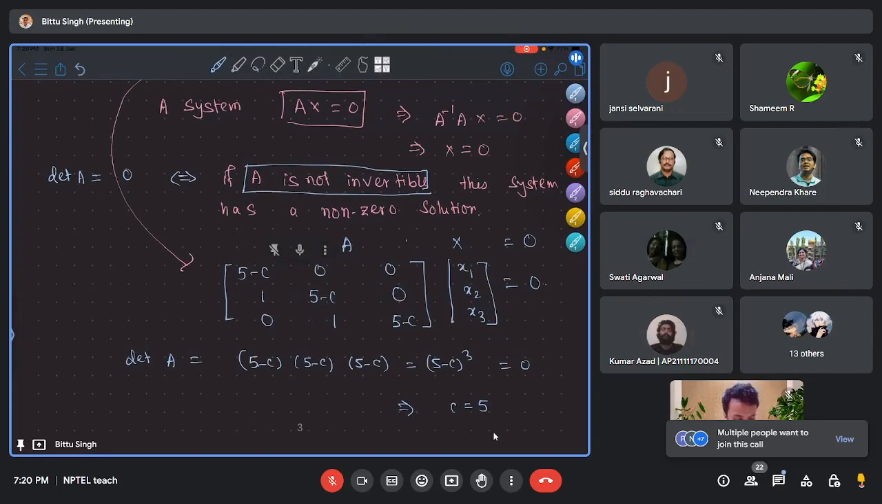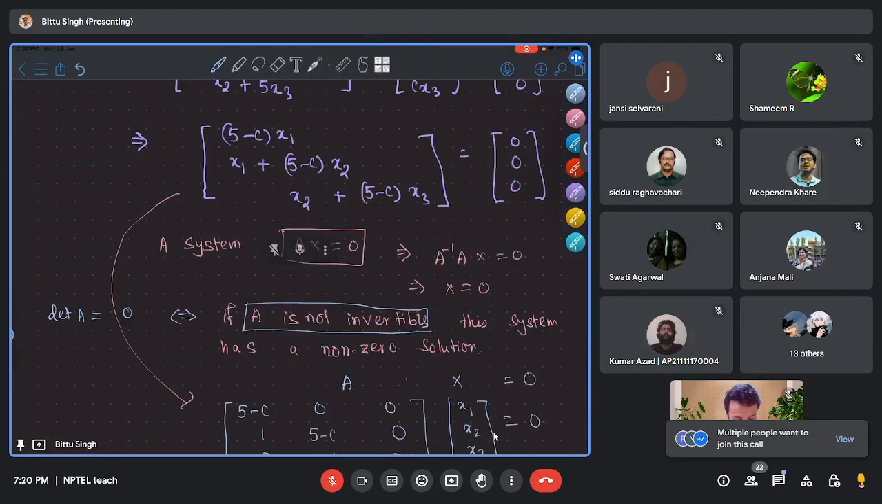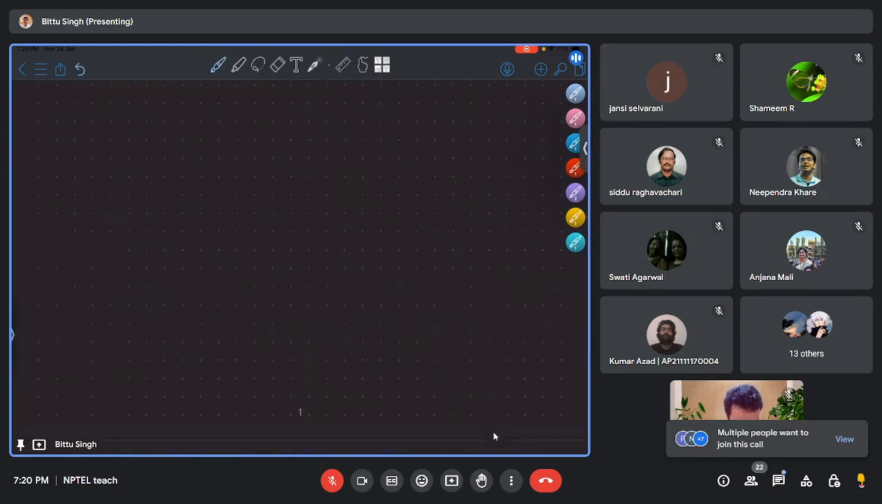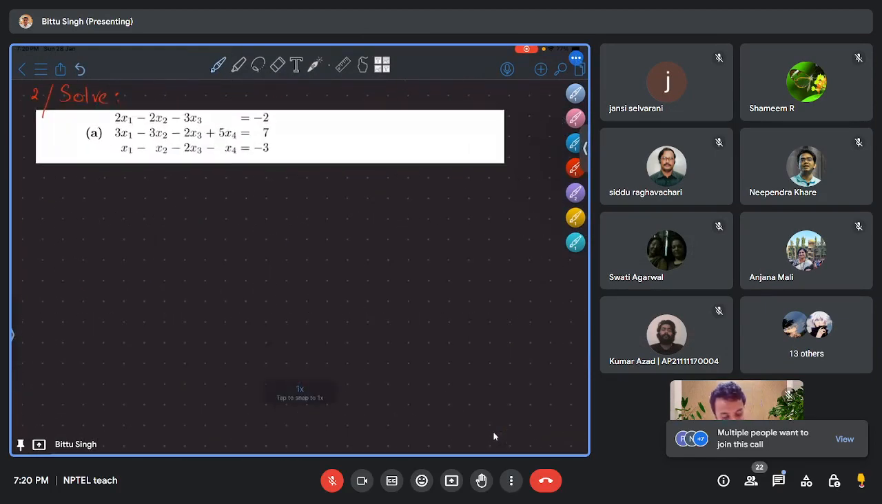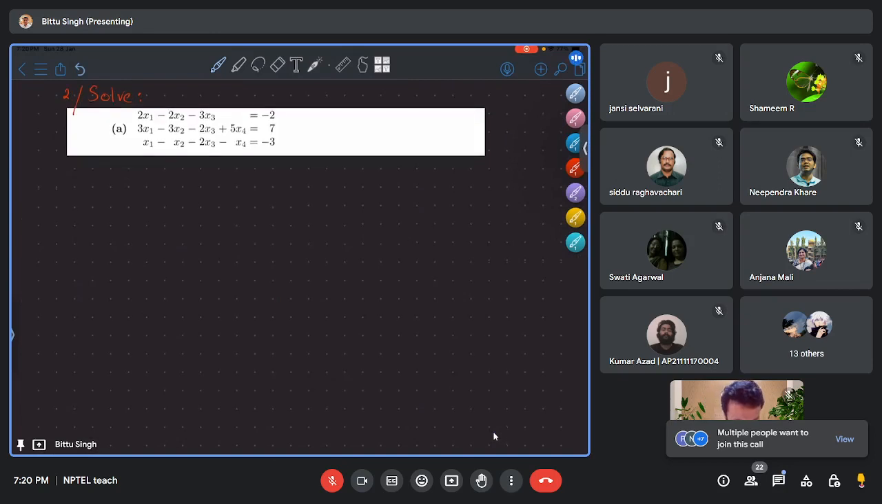I think there is no doubt for this question. So let us move to another question. So here we need to solve this system of equations. There are 3 equations and we need to solve this. So what is the way? The way is,